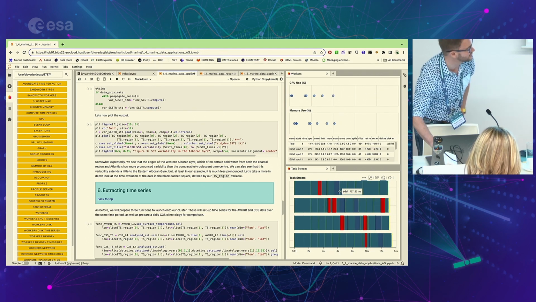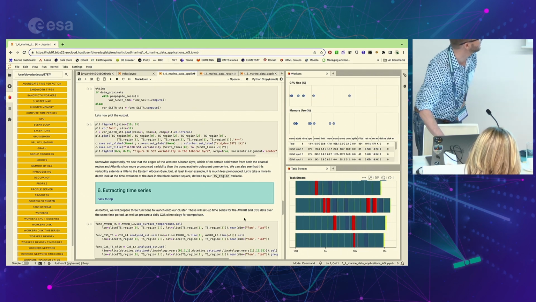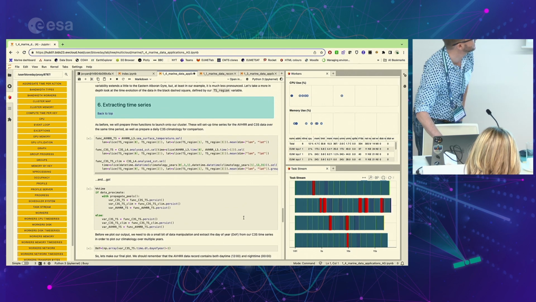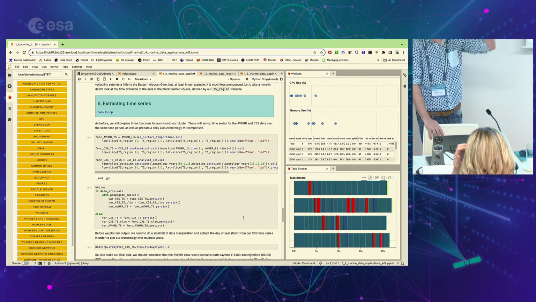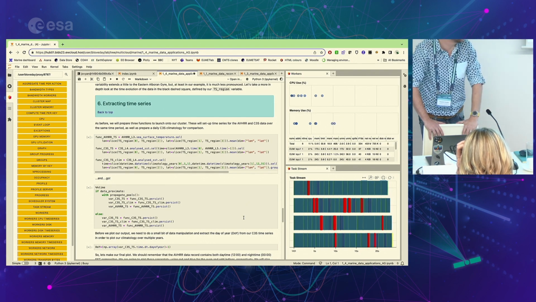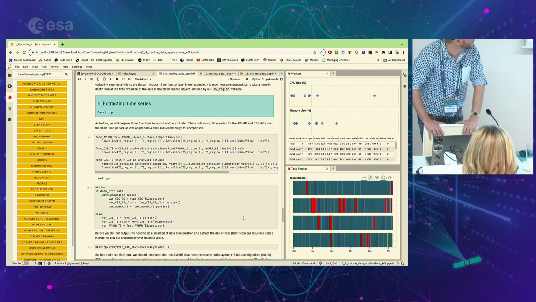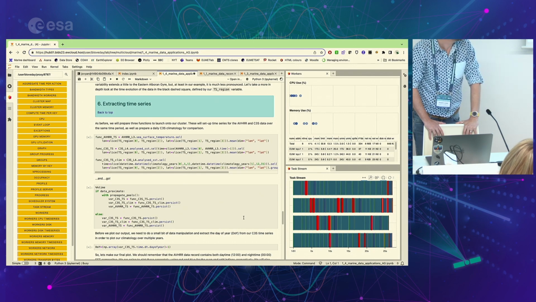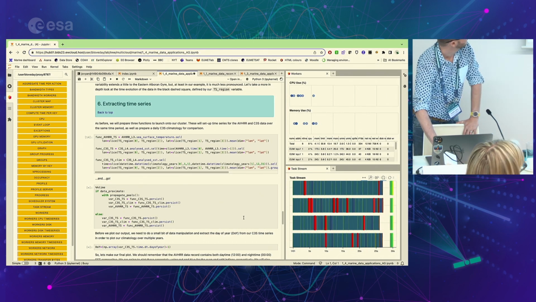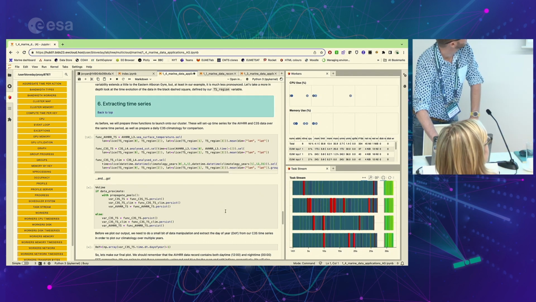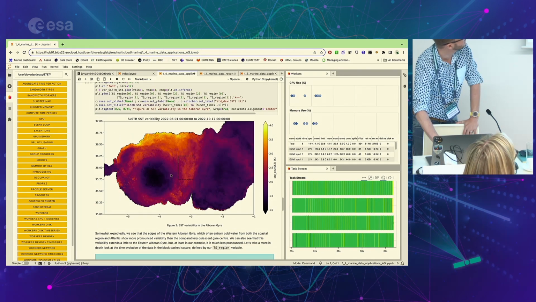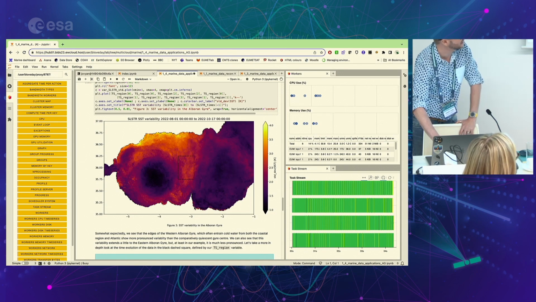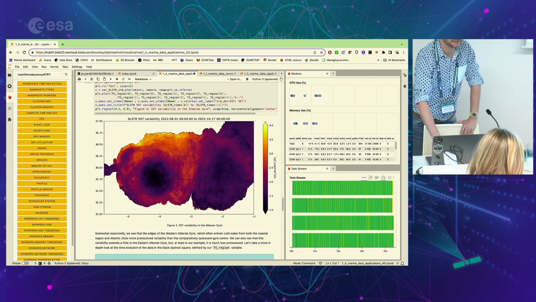Add, I'm assuming, is just this. I think at the moment this is doing a standard deviation calculation. So it probably does two passes: a mean, and then the delta from the mean in the second pass. So add is probably just making the mean. Yeah, so it made this standard deviation, so we can see the variability in the sea surface temperature in the